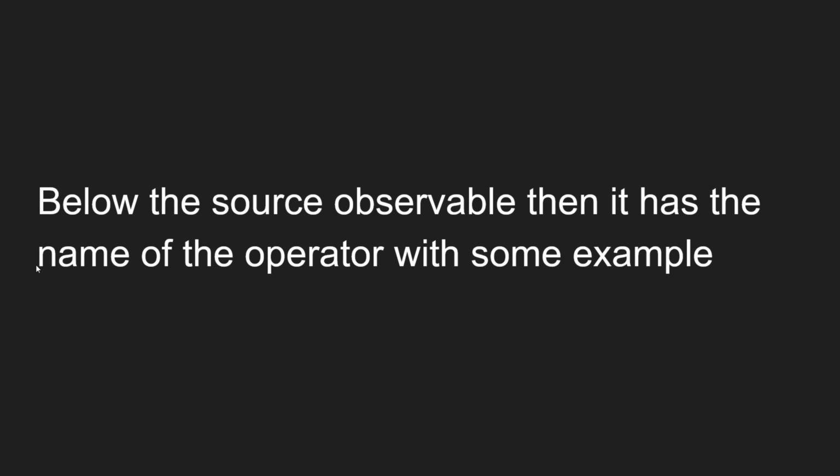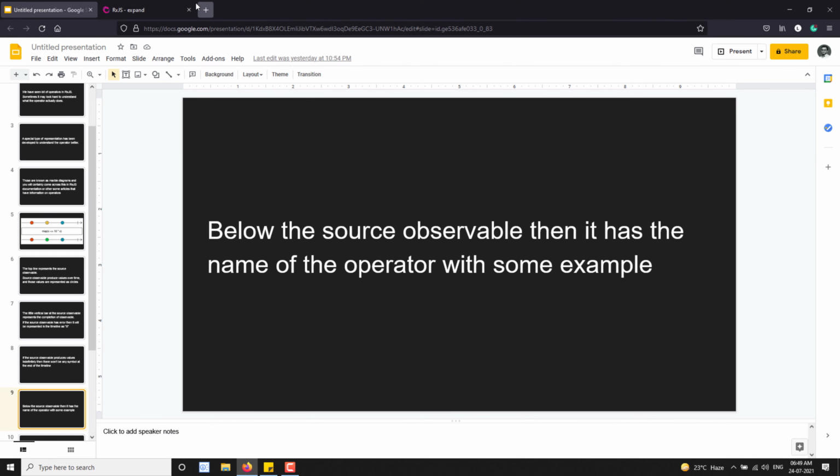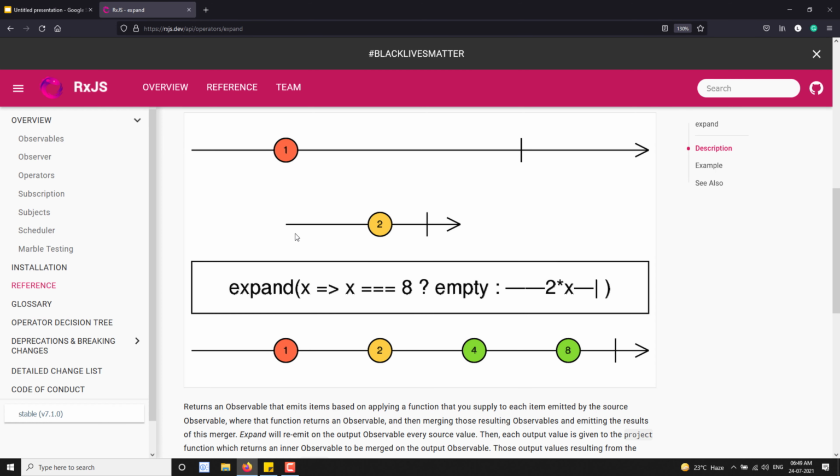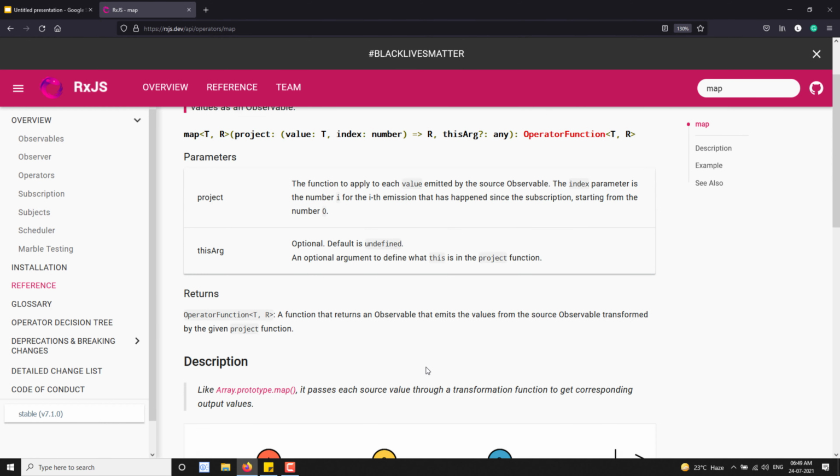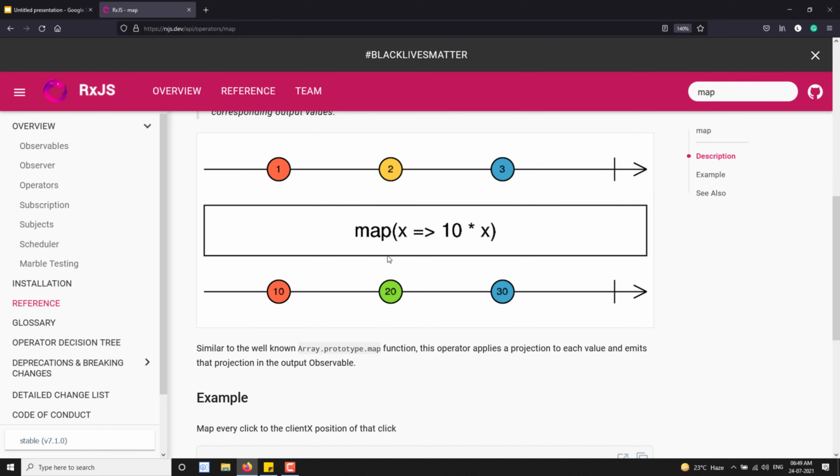Let me open the map operator. To demonstrate it for us, they have applied some functionality.